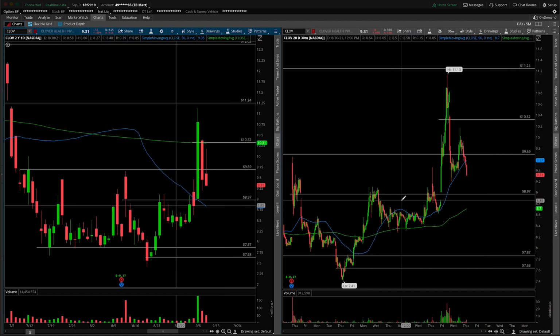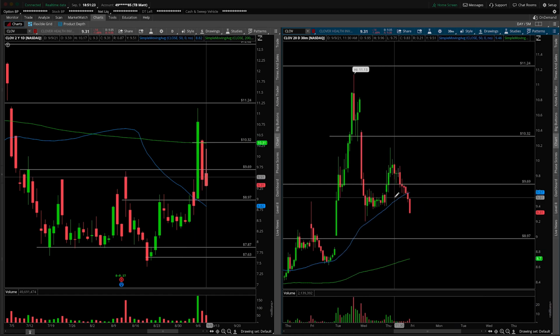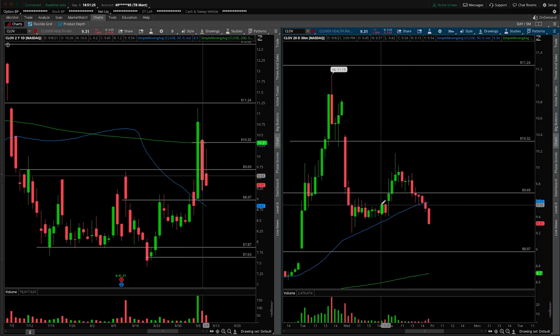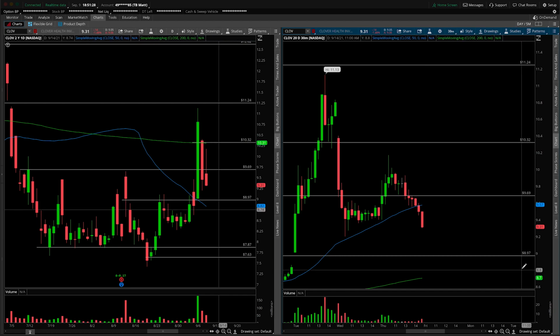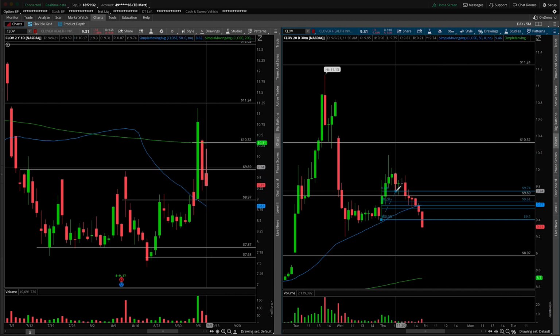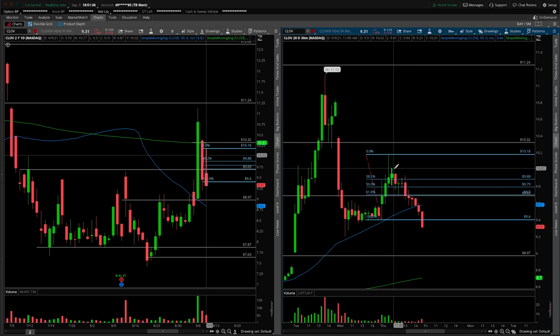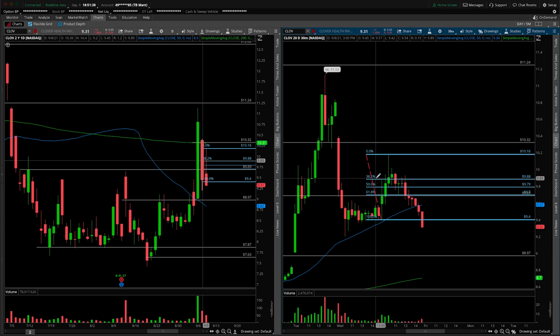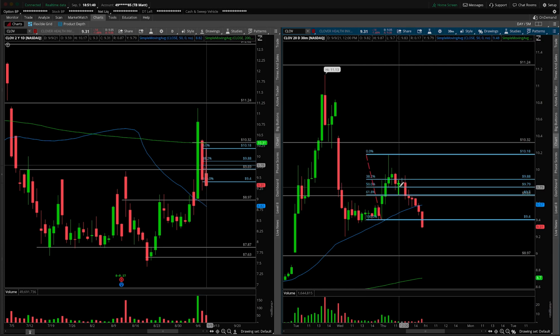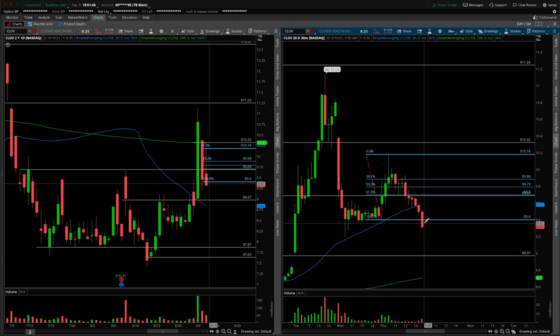Which brings me to my next point, the intraday data here, what's going on with the price activity, especially on today's session with that larger upper wick. Let's take out the Fibonacci's and look at it through the lens of that, as we always do, going from the low of the morning up to the high, just to gauge the strength of the initial drive higher. You can see that on the pullback, we never really respected the 38.2 or the 50% and kind of came back down cleanly through that 61.8, started getting candle closes underneath, which is never a good sign,